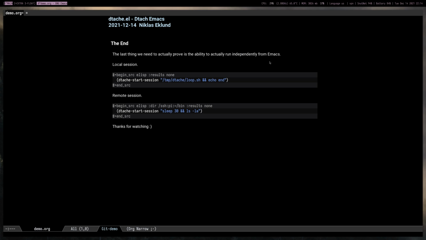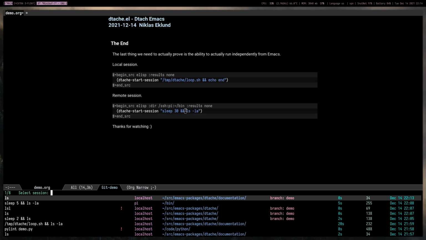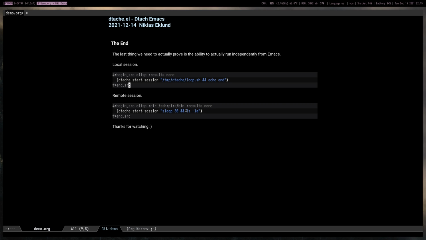So now we have come to the end, but there is one last thing we should actually prove, and that's the ability to actually run these commands independently from Emacs, because that's not something we have seen so far. So I'm going to launch a local session here running this loop command, and also a remote session running this 30-second sleep. We see we don't have any sessions active at the moment, so I'm going to launch it,